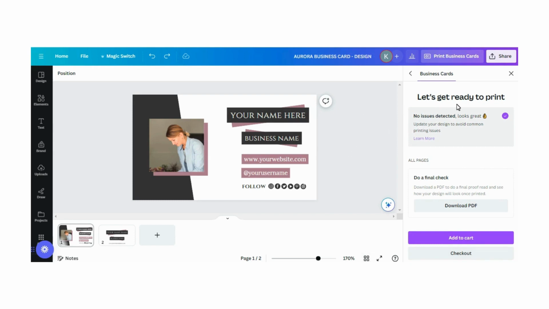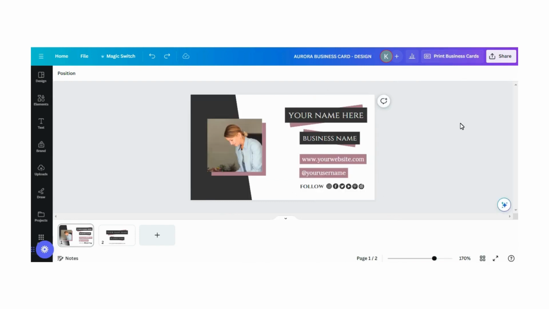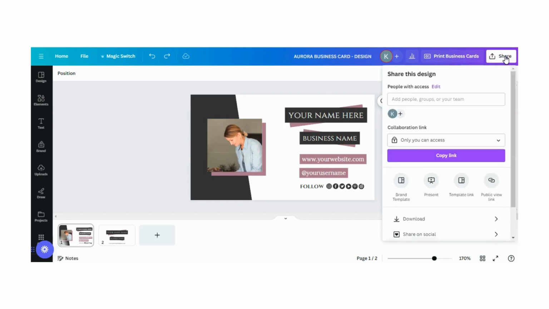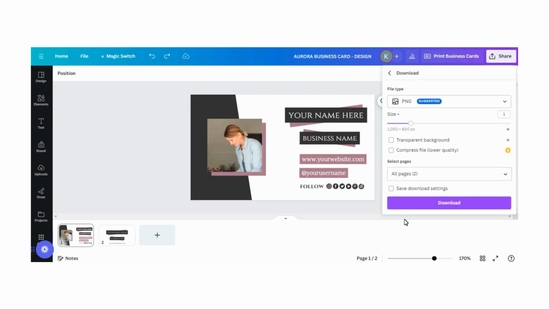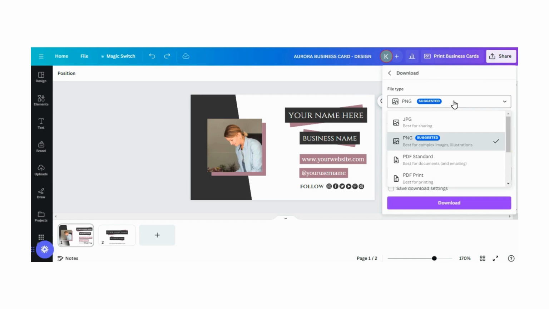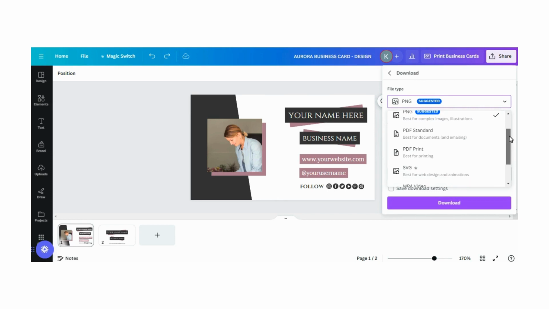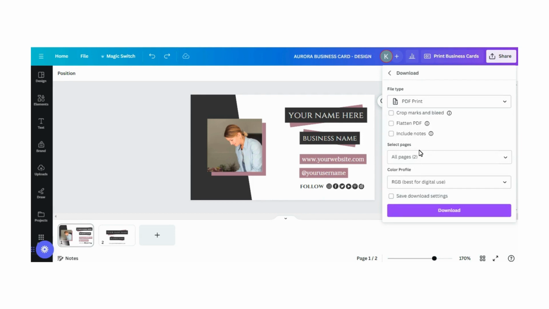If you don't want to do that and you want to either print them yourself on your own computer, or you'd like to print the design out, save it on your own computer, and then use an external printing company, what you need to do is this share tab up here, click on that, and then go down to download, click on download. It'll come up with a PNG as like the default standard, but what you need to do is scroll down if you're printing it and click on this PDF print, and then you can download it there,